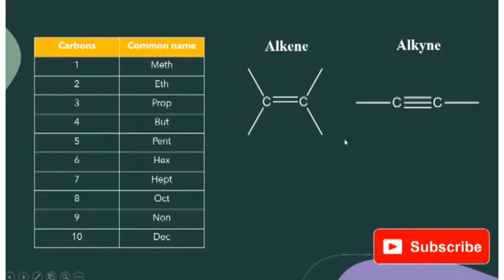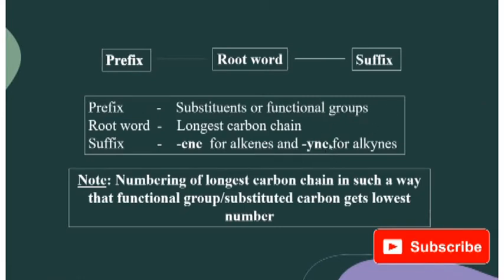As we know, what is the difference between alkanes, alkenes, and alkynes? The bonds. For alkanes, there is a carbon-carbon single bond. For alkenes, carbon-carbon double bonds are present. And what is an alkyne? These are unsaturated hydrocarbons which contain a carbon-carbon triple bond. So we are discussing alkenes and alkynes. For the nomenclature of alkenes and alkynes, the same rules we followed for the alkanes are applicable to these unsaturated hydrocarbons.